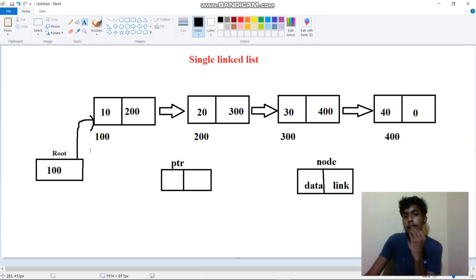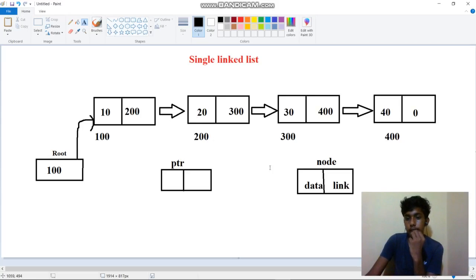Now what is meant by single linked list? In this word, single linked, it means there will be one node. This is one node. Like in an array, we get many data of the same data type and store them in the same variable at different addresses. A linked list is also like an array, but we use it in different ways, and it has more advantages than an array.